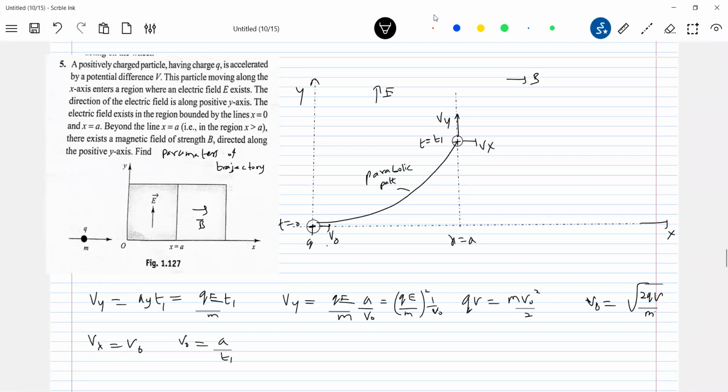Then once it enters the magnetic field, here the magnetic field is present along the x-axis. And there is no limit as given. So till very large distance, the magnetic field is present along the x-axis. So what will happen to the charge particle now? Look, one component of velocity is along B bar, the other component is perpendicular to B bar. So it should be a helical path. So here the charge particle is going to describe a helical path. And this should be the axis of the helix.